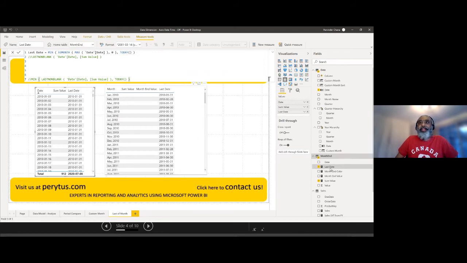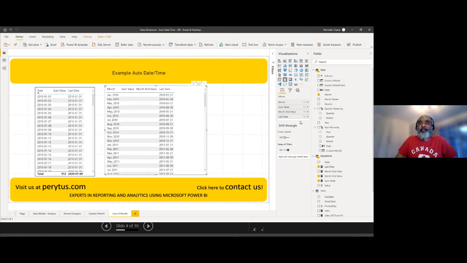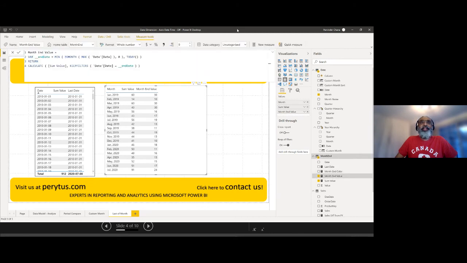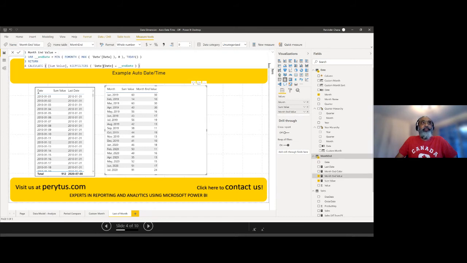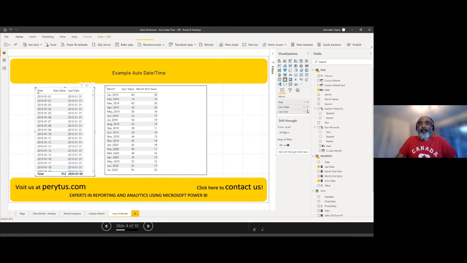So now, once I know what my date is, once I calculate my date, let's go back to my measure, month-end value. Then it becomes very, very simple. I said, okay, this is my date, and then give me the sum value, which is simply a sum of my month-end value. And I said, okay, I don't want to see each day, but I want to see the month-end value. So filter this on the end date, and keep filters, I have to say, because to keep this in the context, the date. And now, if you quickly look at